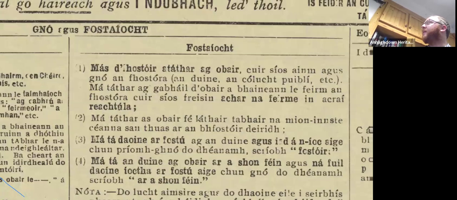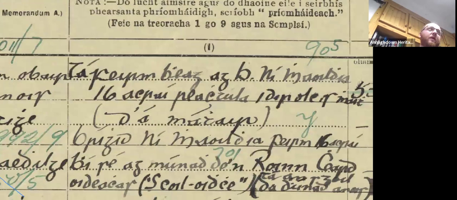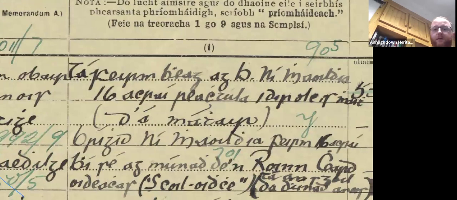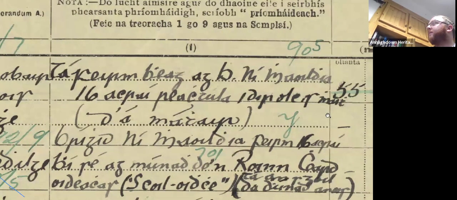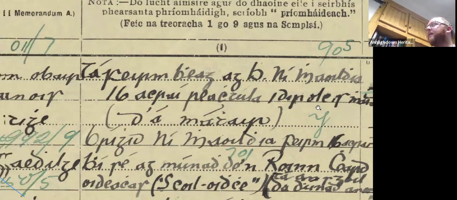And in the information about employment, most people around here have entered information about their farm. So they've entered here the farm, beg egg, 16 acres, statute acres, between good and bad. So this really gave people an opportunity, I think, for the first time to put in a bit of extra information that's really nice to get now. There was no space for this, and it certainly wasn't encouraged in the 1911 or 1901 census.